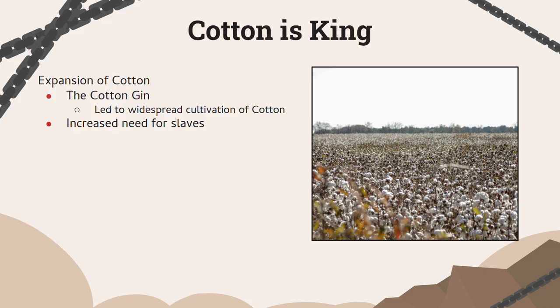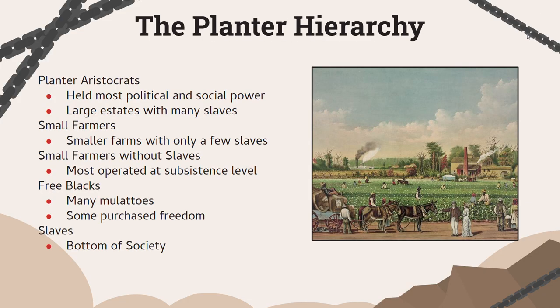Cotton accounted for like half of the value of all American exports by 1840, and the South produced half of the world's cotton supply by 1840 as well. And not only did a lot of the cotton go from the South to the northern factories here in the United States, but Britain was basically dependent on cotton in the South. And so the cotton gin had a huge impact on the economy in these southern colonies.